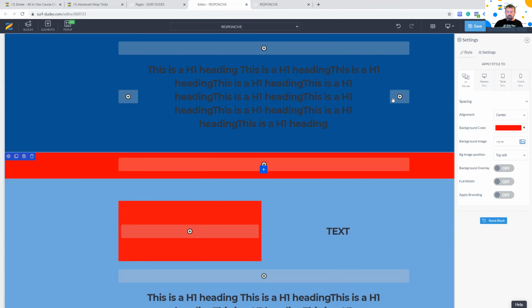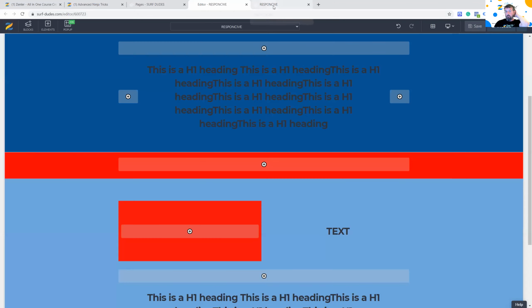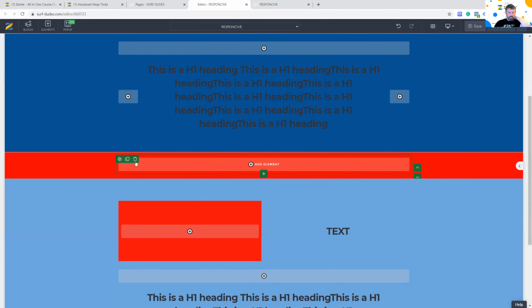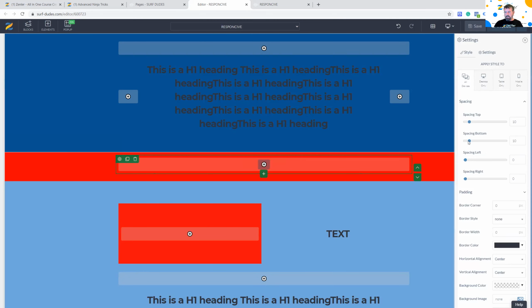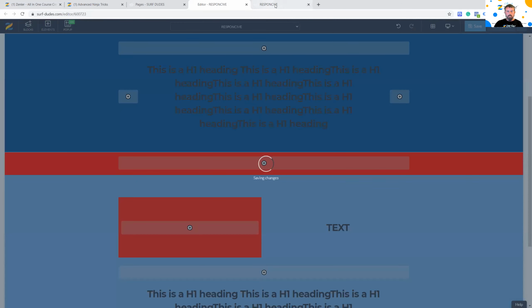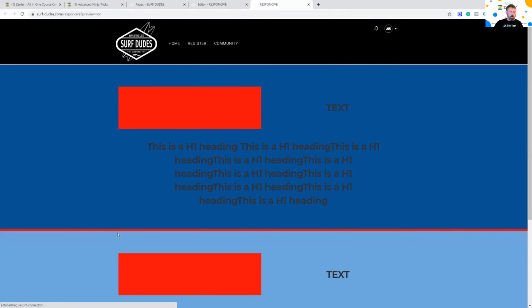So I've done no changes. I'm going to check it. So I've inserted basically one row with no content in it inside the block. So we're going to jump to this and I'm going to refresh. You're going to see it's going to go bigger. And you can come into this, click the gear icon, and you can now control it with this. So if I put 5 in here, I'm just going to check there's no padding in here, which there's not. I click save. I've now got a row inside that container that will control the height of that.